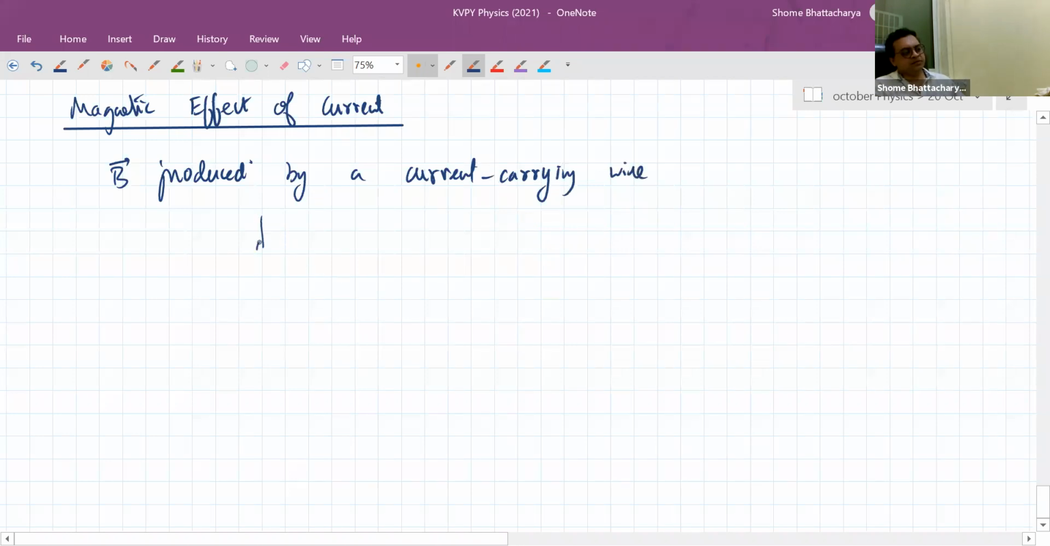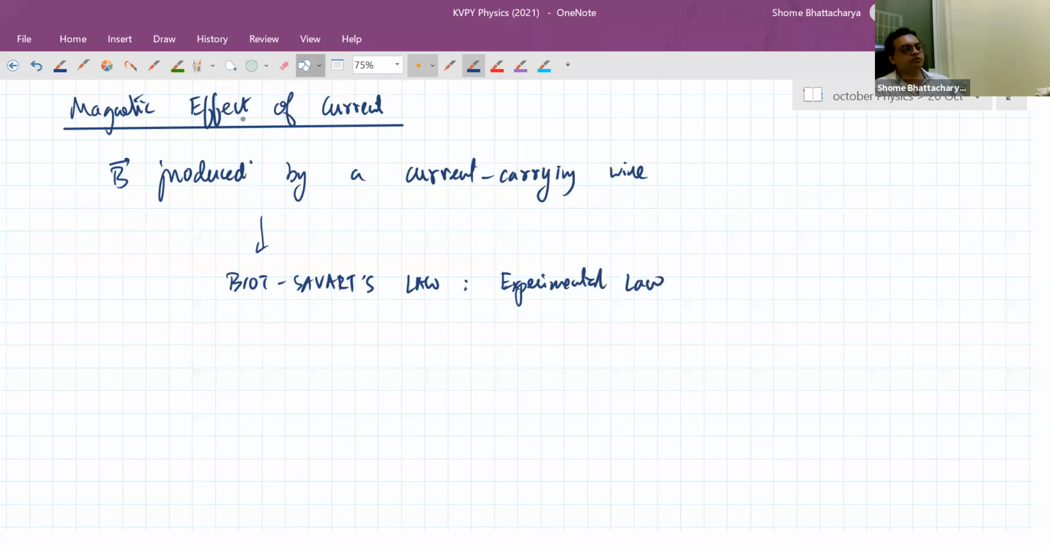Okay. So this comes from something called Biot-Savart's law, which is an experimental law. In many ways, you can say that it is like the equivalent of Coulomb's law for magnetism. Because Coulomb's law, the interaction between two charged particles, comes from experimental analysis. It's a fundamental law which is not derived from anything else. Like that, Biot-Savart's law is also a fundamental law not derived from anything else. So,